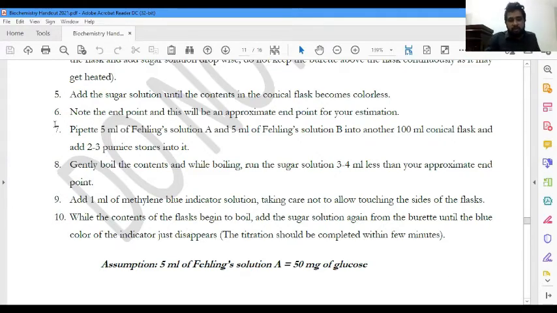Then the difference between the first titration and the second titration is that in the first titration we do it to get an approximate endpoint. Okay. In the second titration and the other subsequent titrations, we know the approximate endpoint. Then 2 to 4 milliliters before the approximate endpoint, only then we add